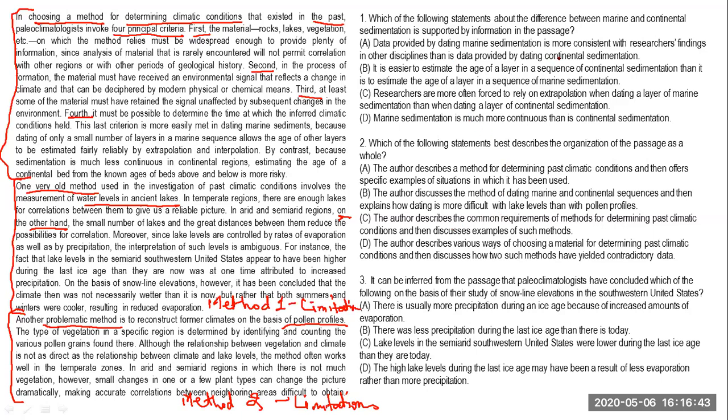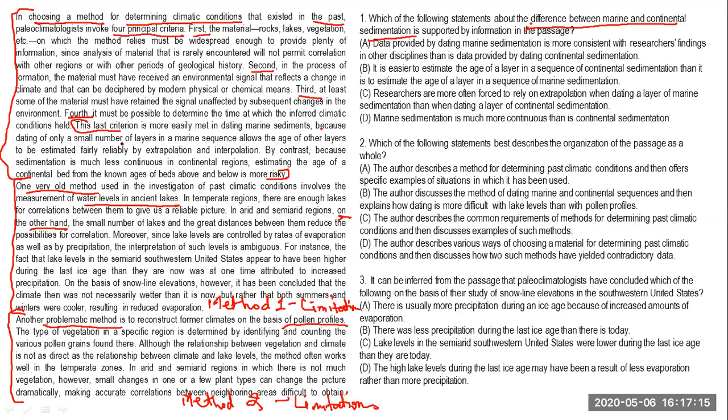The questions now. The first question asks you to identify the difference between marine and continental sedimentation. The question source is the first paragraph. And in these lines here, the author says, because